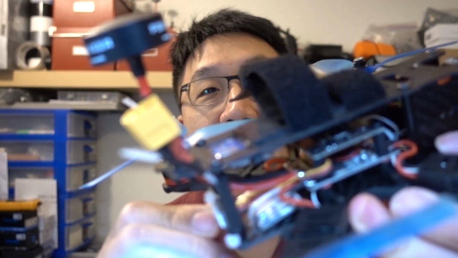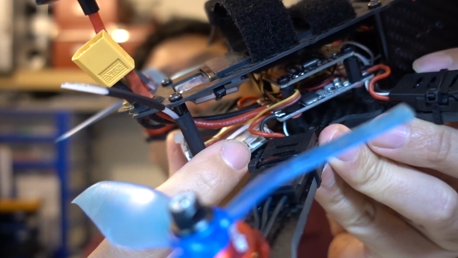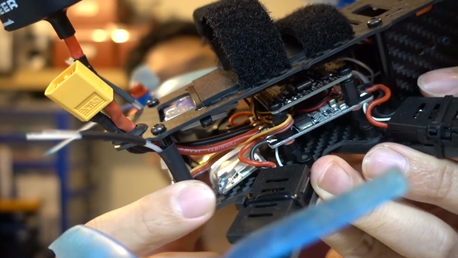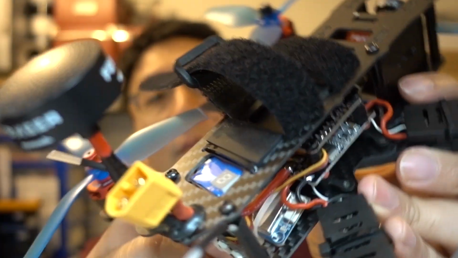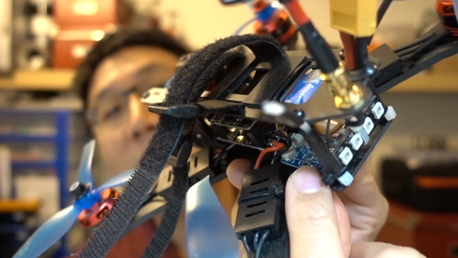So I have this in my GB220. Oh, let me get that. So here's my GB220, and I have it back here on the bottom plate, zip tied. Have a little bit of clear heat shrink wrapped around it, and it works pretty well. And it's easy to rebind to my Evolution if I need to. This little bind button is very accessible from this side over here. It's on this side right there,